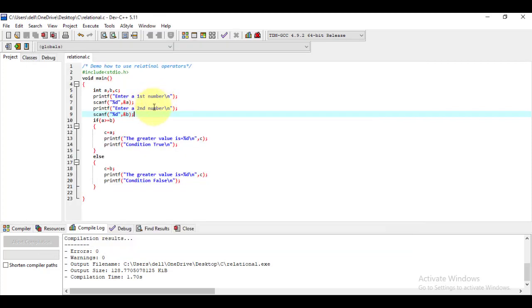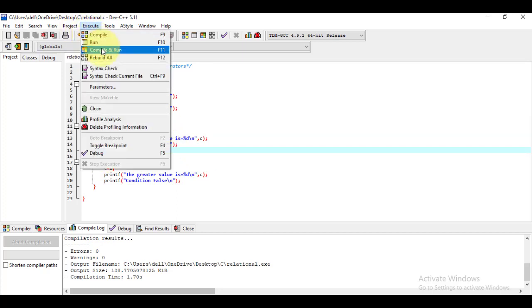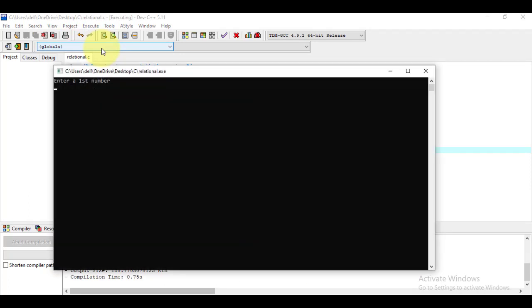Okay, so this way we have to check for greater than or equal to. Similarly, if we have to check for less than, save the changes here again and go to compile and run. Every time you make changes to the program, you must first compile, then run the program. So here I'm entering the first value 3 and the second value 6. Now 3 is less than 6, so the condition is true and it's showing me that the greater value is 3.